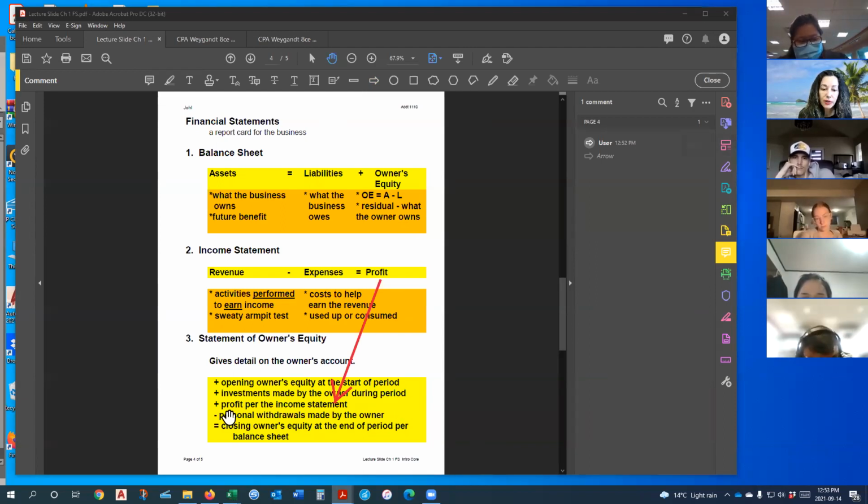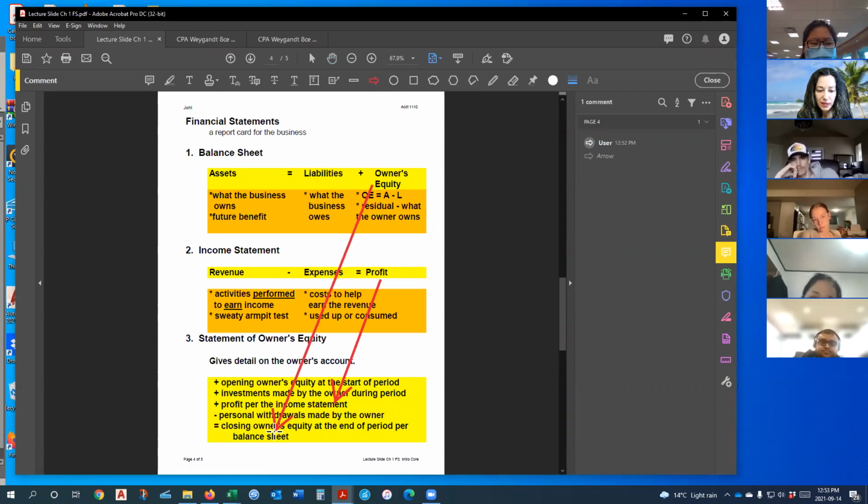And this is like his salary. A person sets up a business, to pay their bills, right? To pay their mortgage, pay their rent, buy a car, right? That's like their salary. They set up a business because they feel if they work for themselves, they can make more money than they could if they worked for somebody else. Plus, they get to define their own hours, right? So these personal withdrawals made by the owner, this is the owner taking money out of the business to live on. And then finally, that equals the closing balance,